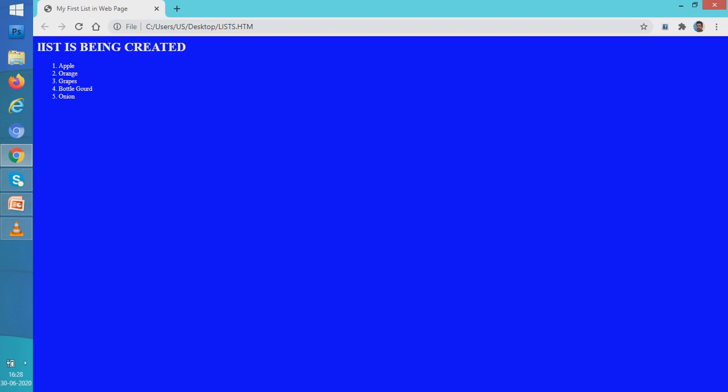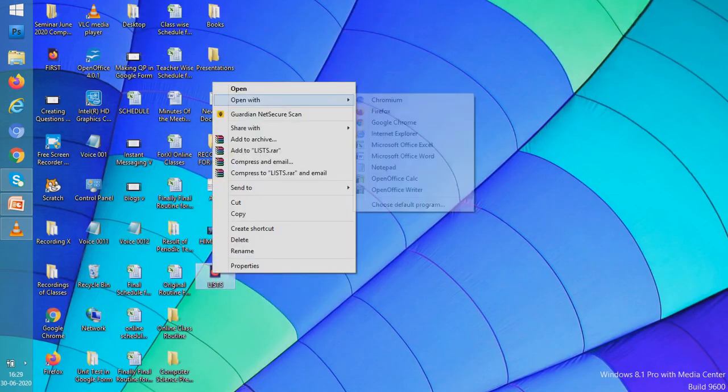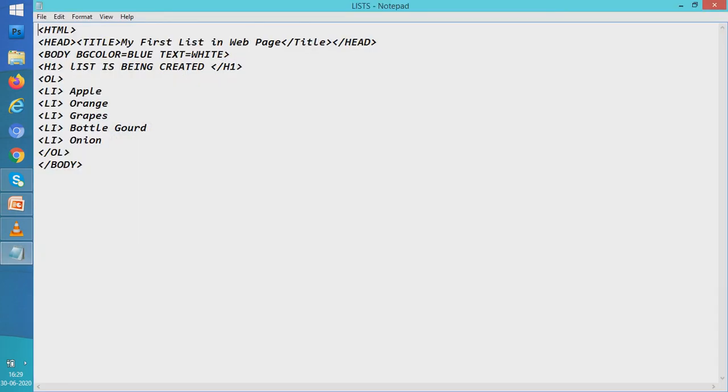But if you want to make these letters bigger, you know which tag we use and how we make it bigger. So let us go and make these things bigger. Let us right click and go to the notepad for that given file. What I'll do is, before OL, we'll write font tag.